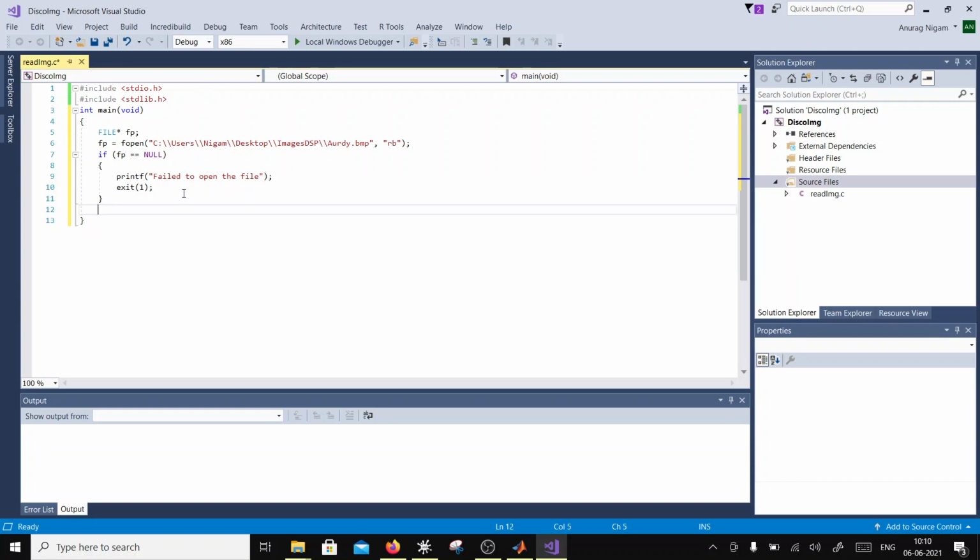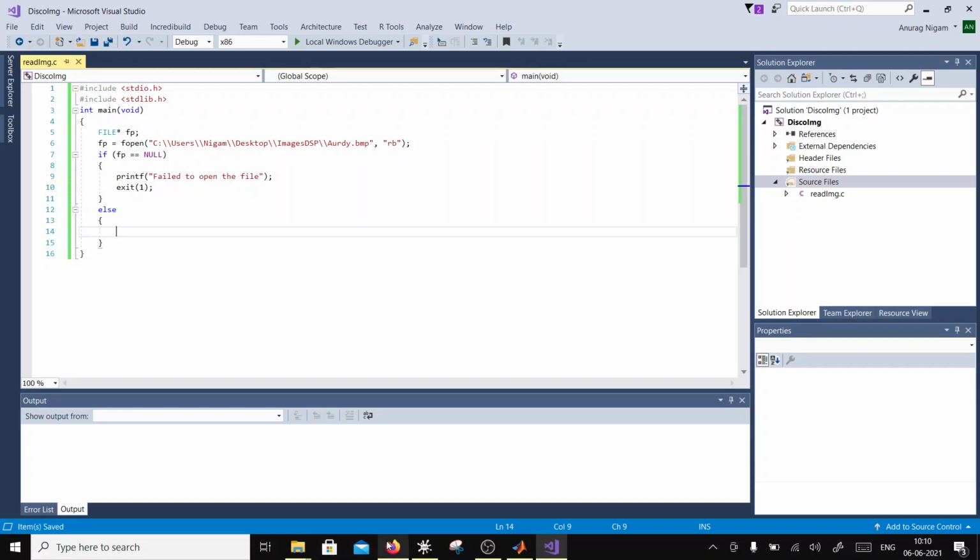Else it has opened the file, and I'm going to do something here. I am going to read what's there in that file. First of all, you should know what structure is there in the file.